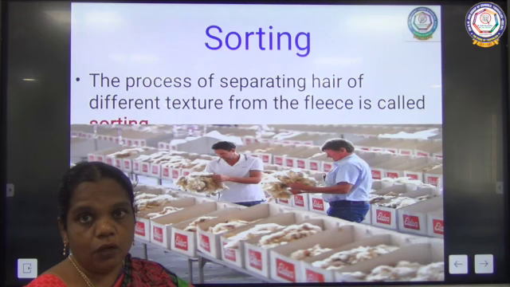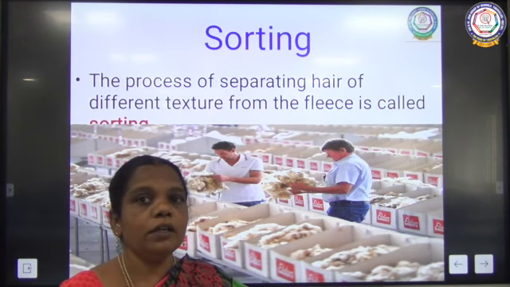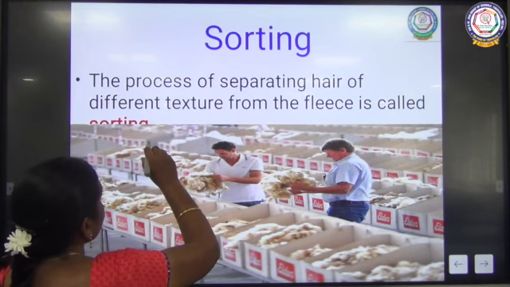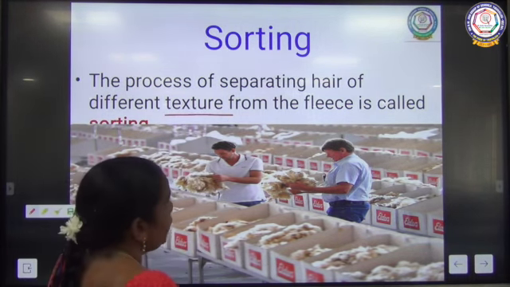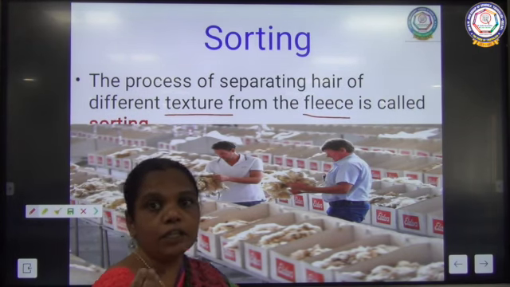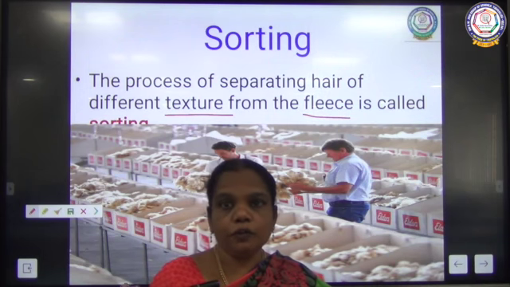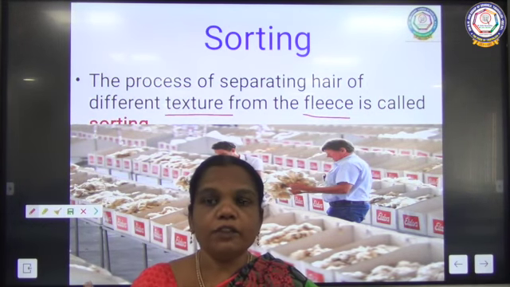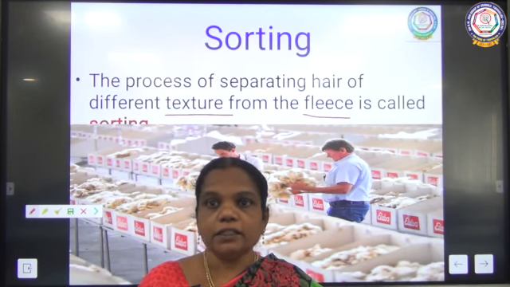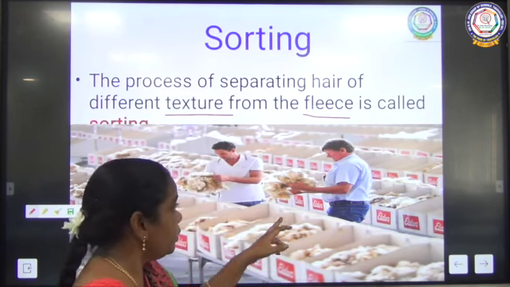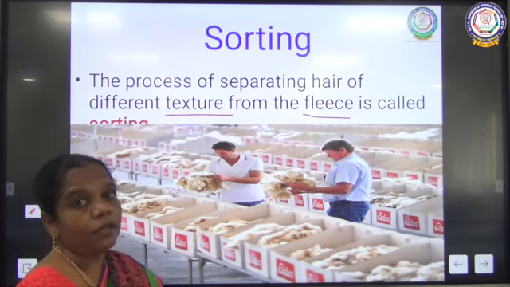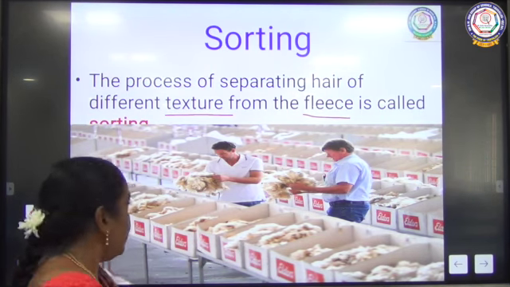After cleaning the wool, they are going to sort based on the structure. Structure means what? That feeling, if you touch, if you buy any dress also, you feel that it is very soft. If it is a soft dress, you will like it more. Some dress material may be rough, like that, the structure. So based on that, the wool, the fleece can be separated. So that process is called what? Sorting. Understand? Then next one.